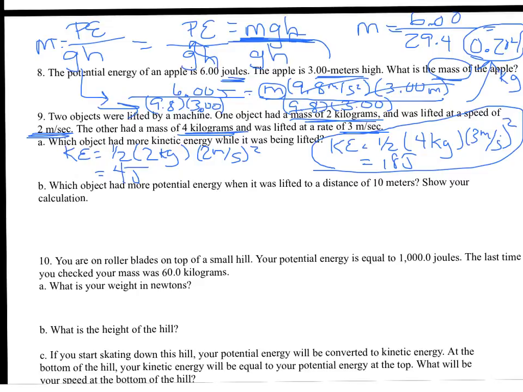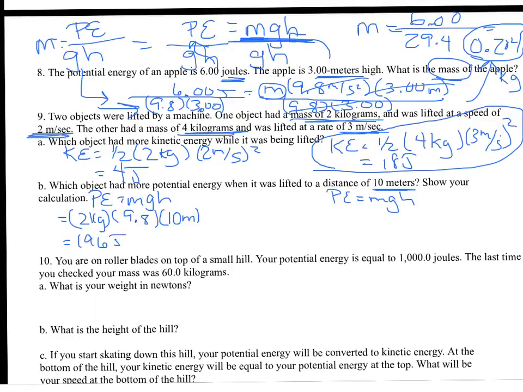Which object possesses more potential energy when it is lifted a distance of 10 meters? Show your calculation. So the same thing again. We're going to need to find the potential energy of both objects. So our mass is 2 kilograms. G is always 9.8. H is going to be 10 meters. So 2 times 9.8 times 10 gives me